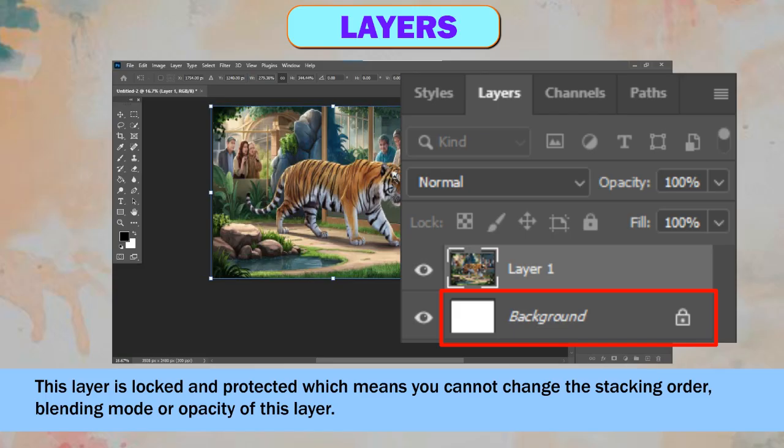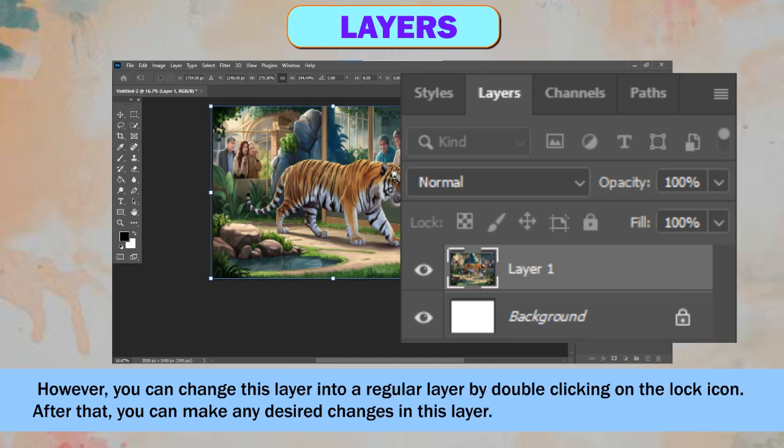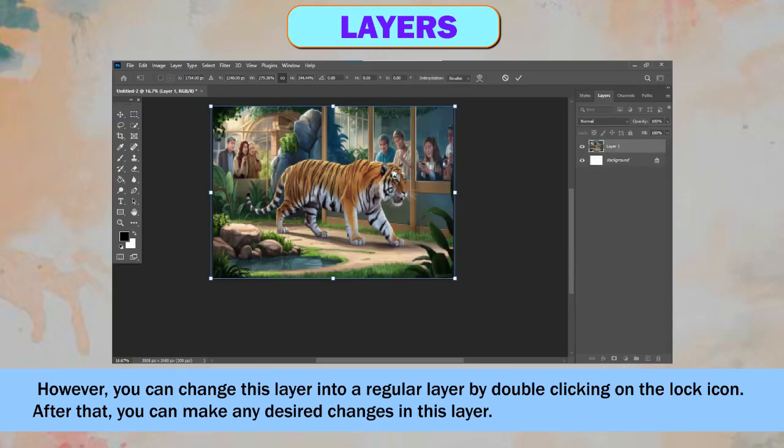This layer is locked and protected, which means you cannot change the stacking order, blending mode or opacity of this layer. However, you can change this layer into a regular layer by double-clicking on the lock icon. After that, you can make any desired changes in this layer.